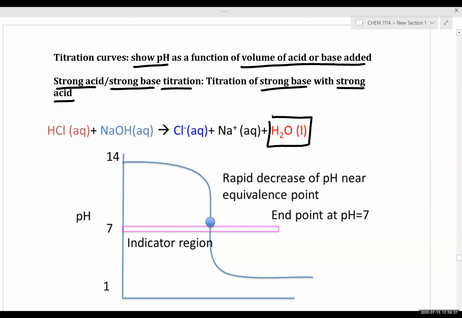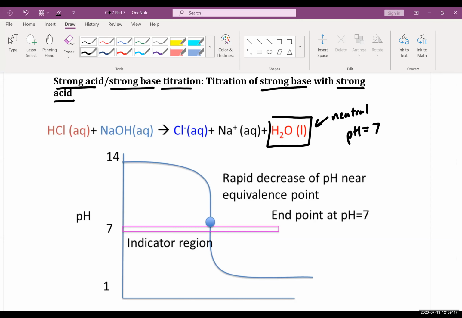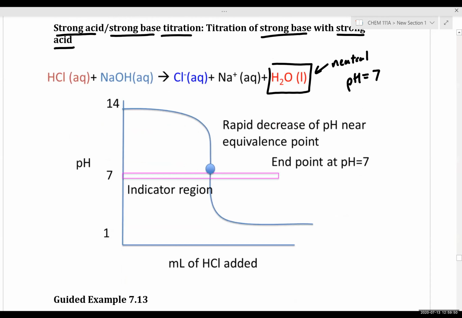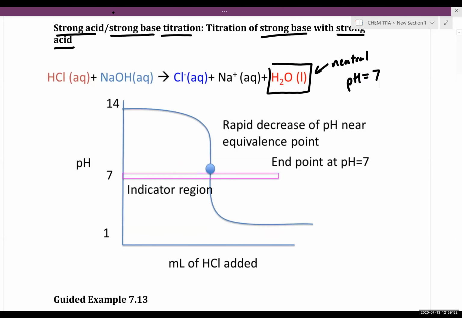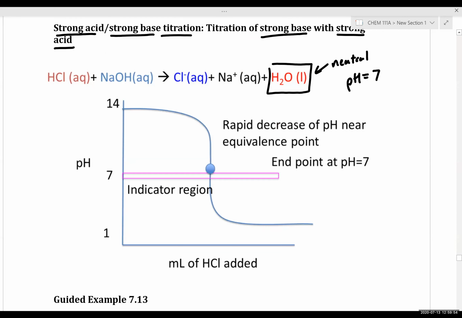This reaction in turn generates water, which is neutral. So water is neutral and has a pH equal to 7 for pure neutral water. So as we perform our titration, we'll slowly, so in this case we are titrating